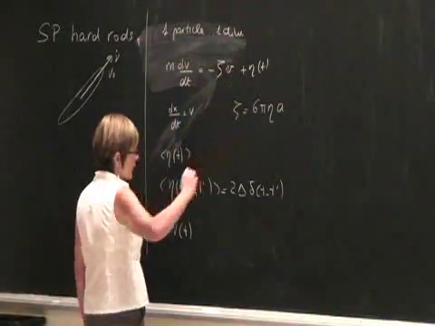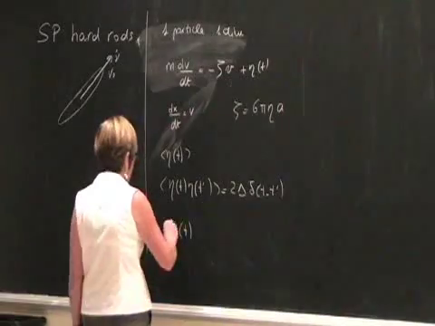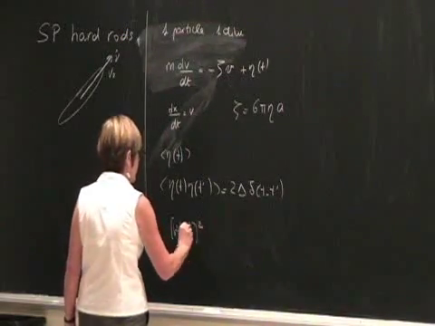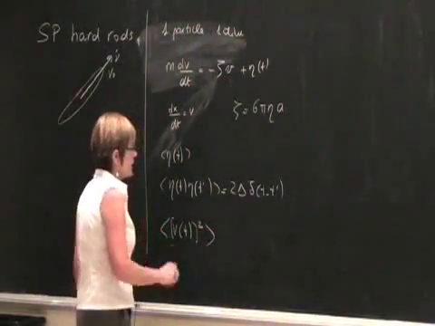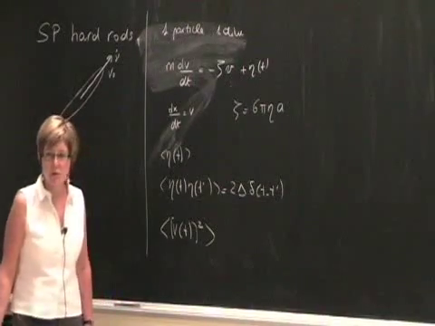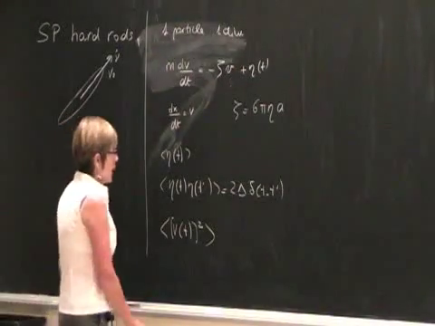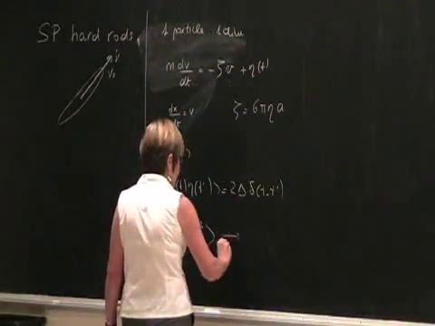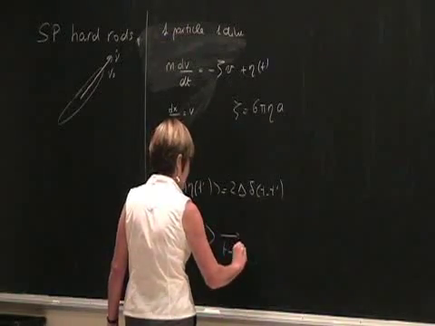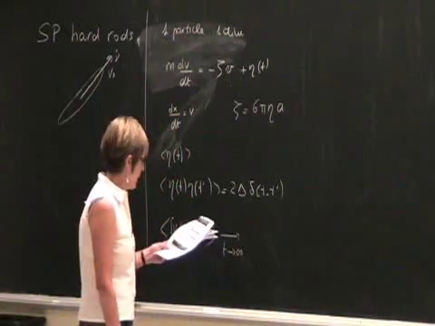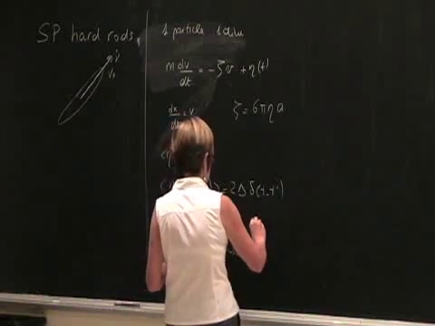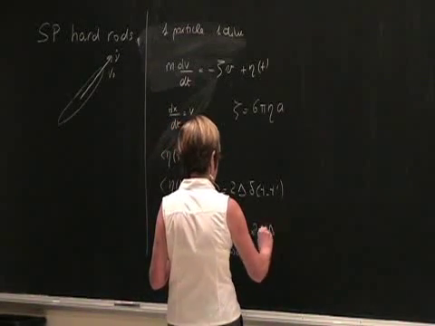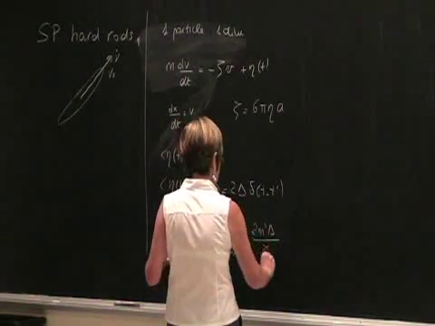Solve this equation for V of t with some specified initial condition, and calculate V squared of t, and calculate the average, where the average means the average over this type of disorder. And now look at the long time limit of this V of t, and you find that it is given by 2m squared delta divided by the square of